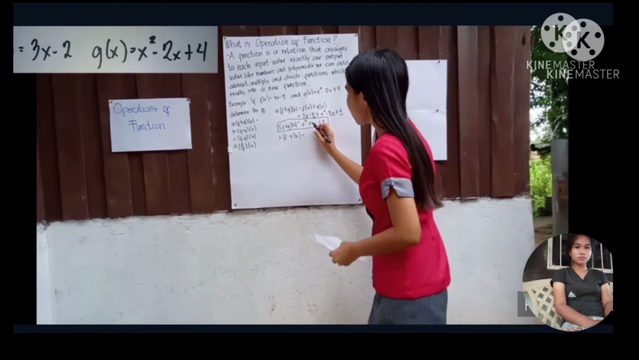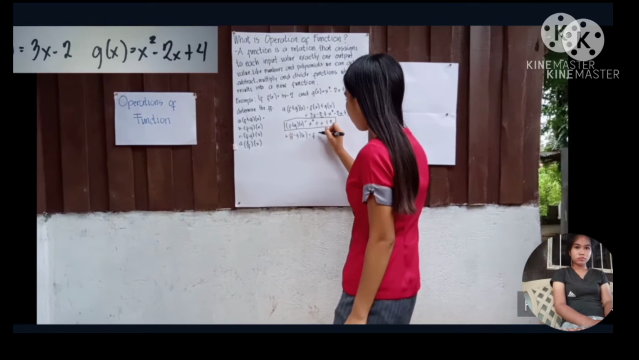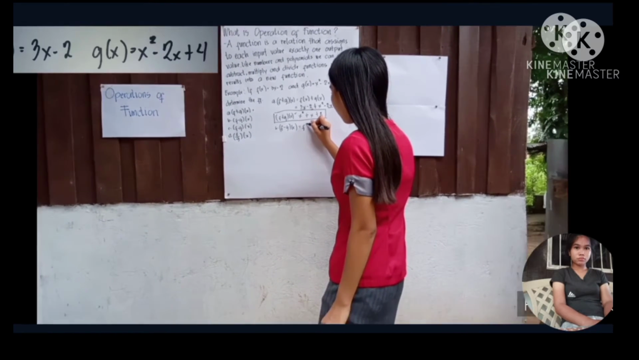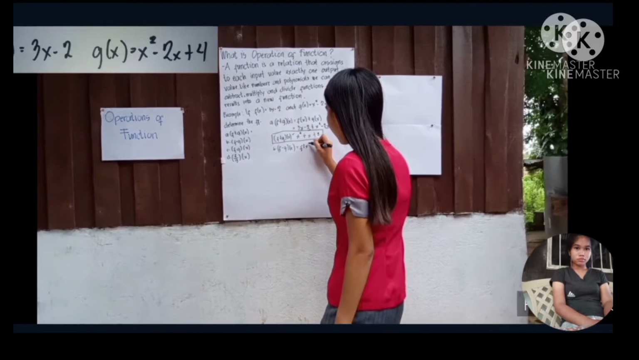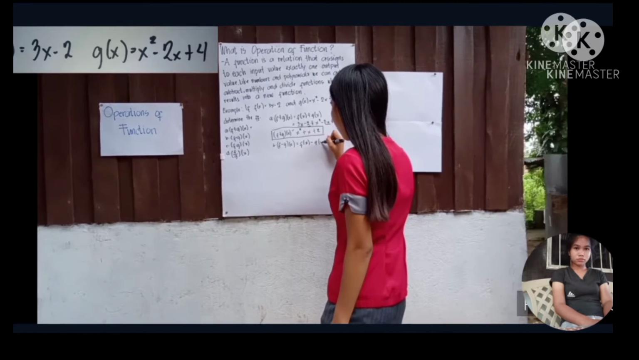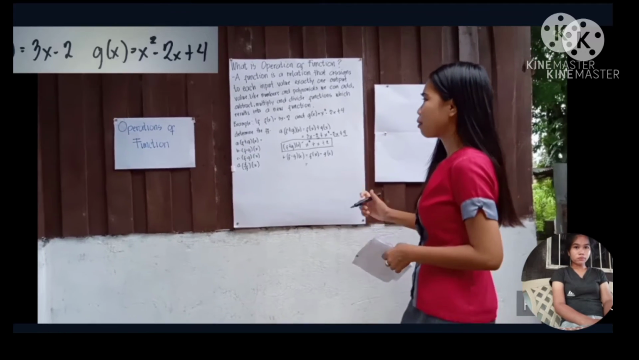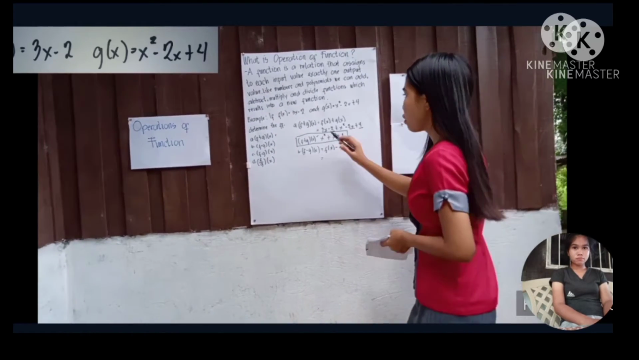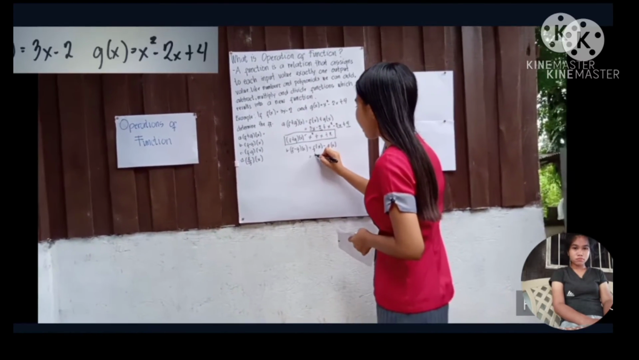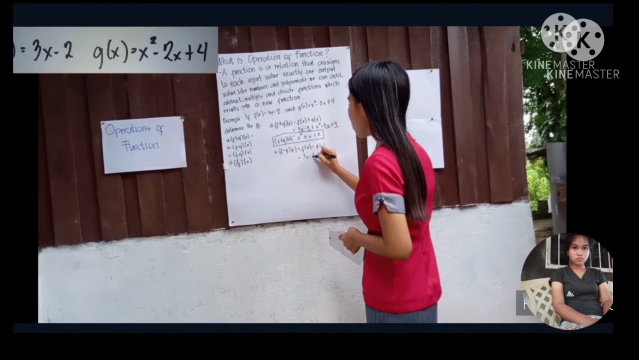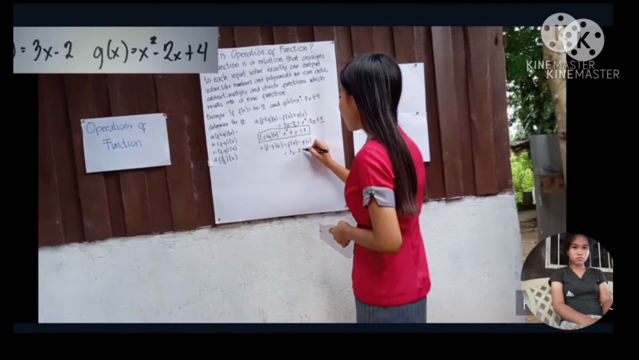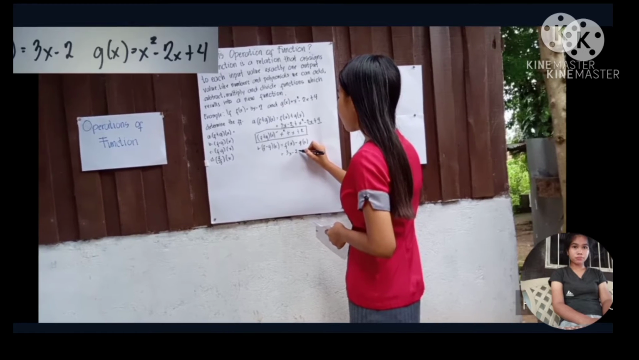f minus g of x is equal to f of x minus g of x. The same again, we copy the value of f of x, which is 3x minus 2. But here in subtraction,